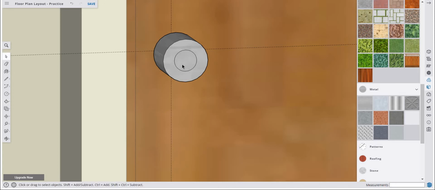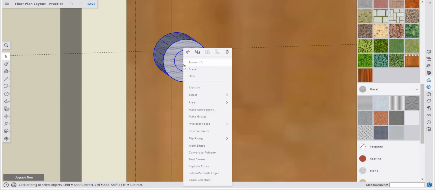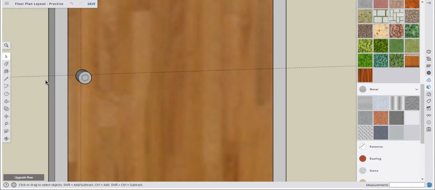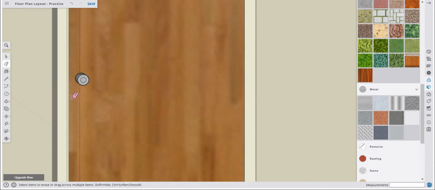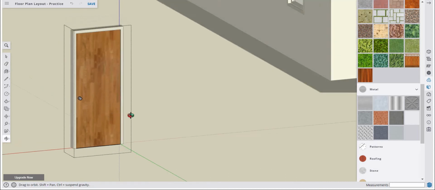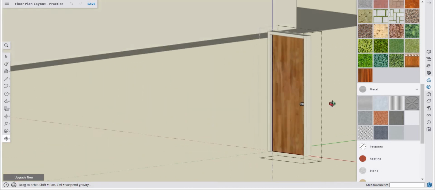Okay, gorgeous. I'm going to triple click on this, make group. Brilliant. Okay, with the eraser tool, I'm going to get rid of the guidelines. Eraser tool. Okay, so we're going to take this entire door,